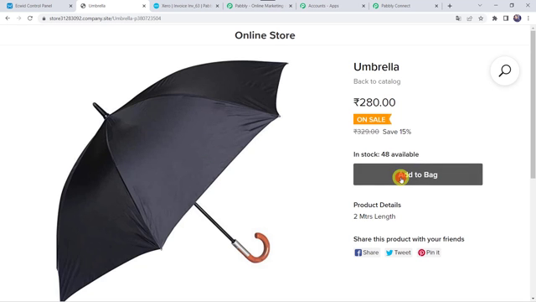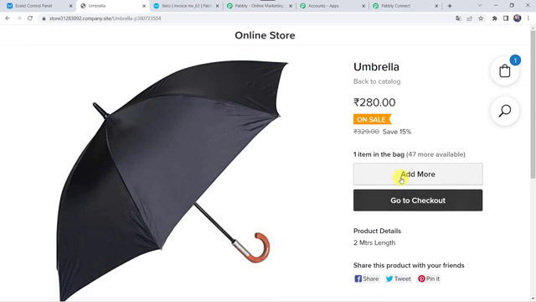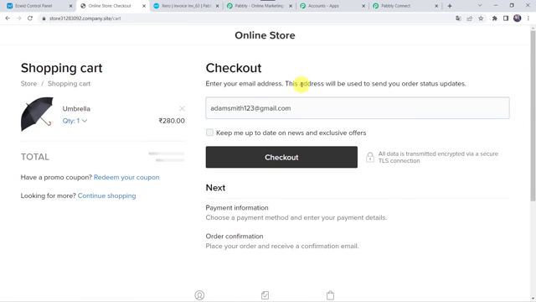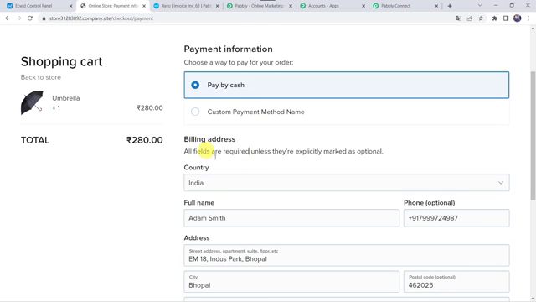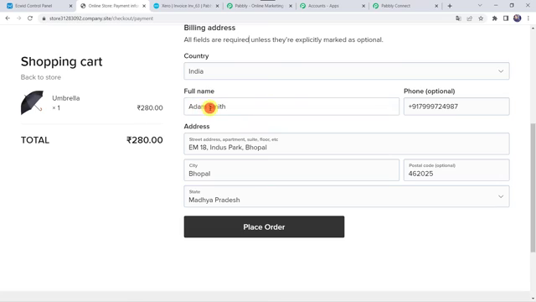And let us add it to the bag. Go to checkout and I'll just change the email address to shweta123@gmail.com. Let's click on checkout. Pay by cash. Okay. And I'll just change the details over here. Let's give the full name as Shweta Verma, and let's change the address also